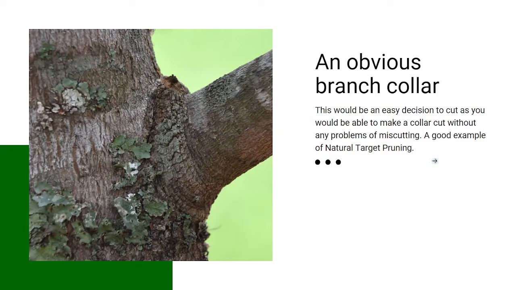So first, this is an obvious branch collar. You can see the shoulder of the tree very well right here, making this very obvious where to cut. It's a very good example of natural target pruning, which is basically just the way that the tree would naturally prune itself if it was struck in a storm or if the branches were to fall off naturally. So this would be a very good cut right here,